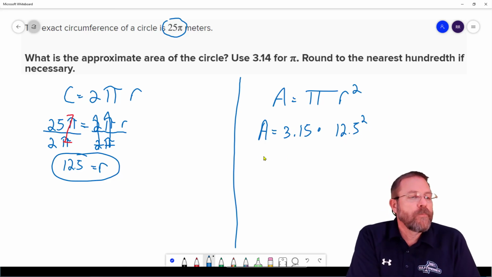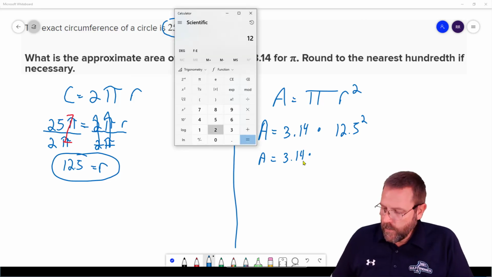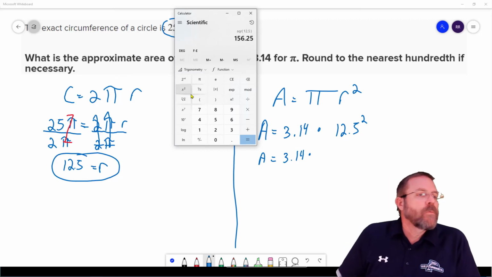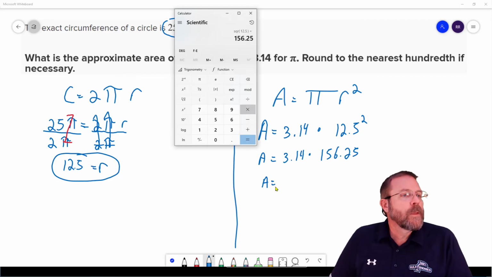12.5 squared. Area is equal to, I have no idea why I said 5 right there. Oh, this right here should be a 4. So I'm going to rewrite this now as 3.14 times my 12.5 squared, and that's going to be 156.25. I'm going to multiply that value times 3.14, and that's going to equal